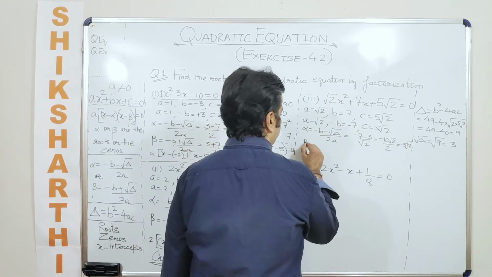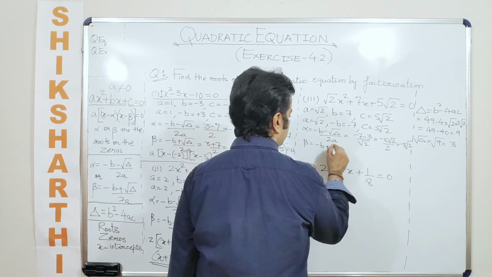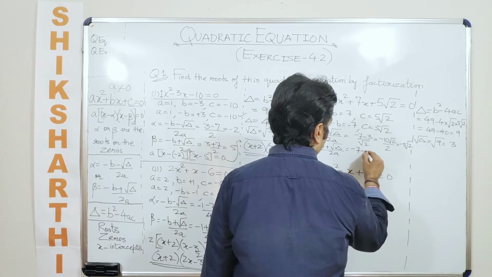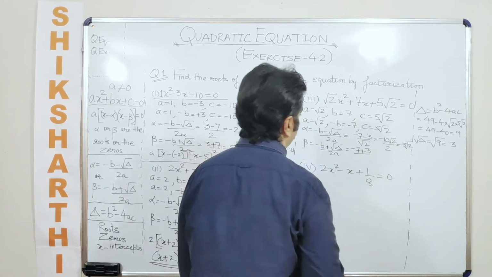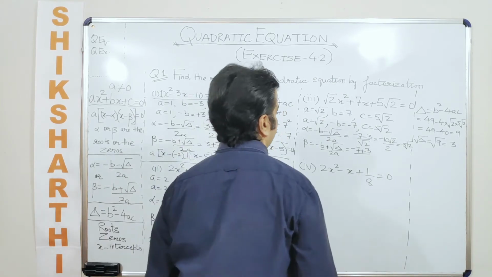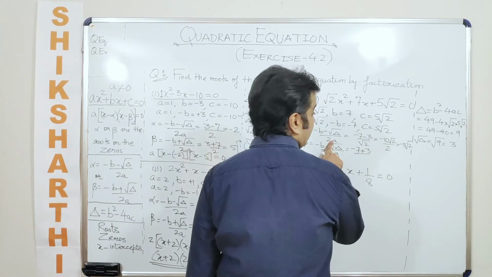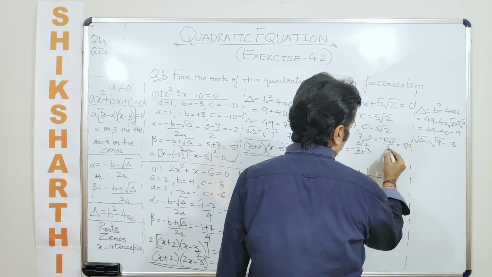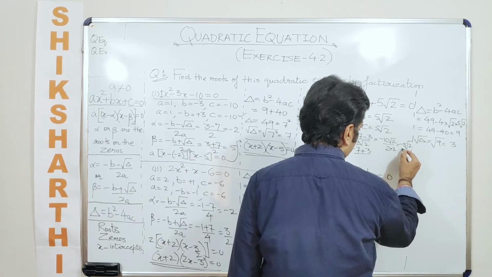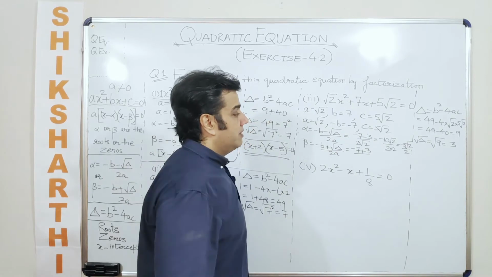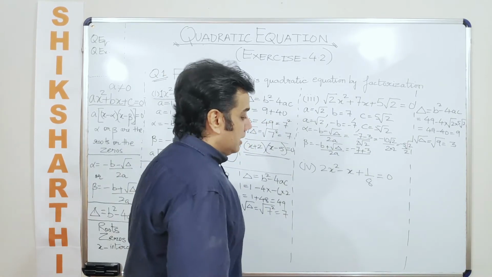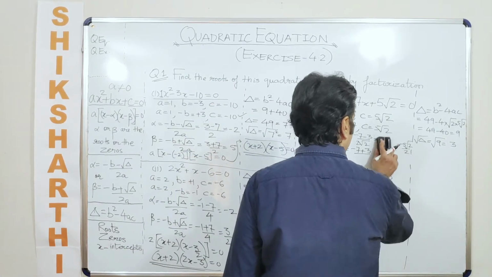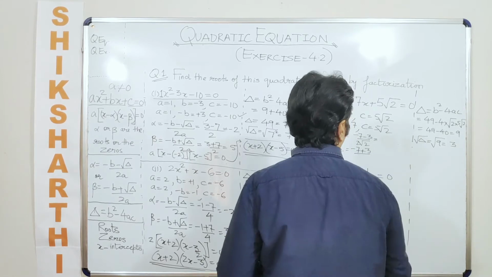Okay, calculating the value of beta from here, which is just like saying minus b plus root of delta upon 2a, which is minus 7 plus 3 upon, okay, so again we made a mistake here. What is the mistake that we made here? We just wrote the value of a here, wherein we had to write it as 2a. So what is the value of 2a here? 2 root 2. So in that case this will be further multiplied by 2, which is just like saying minus 5 by root 2 into 2. Now my suggestion here is, instead of writing it like this, let the denominator remain in the surd format only.